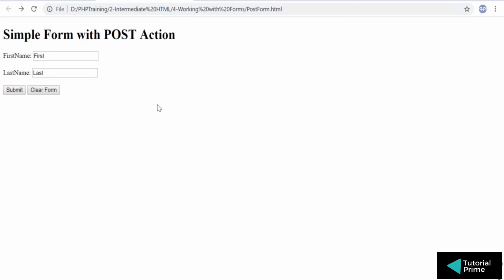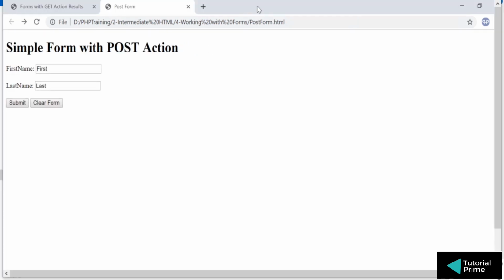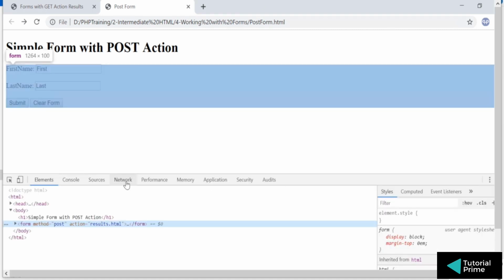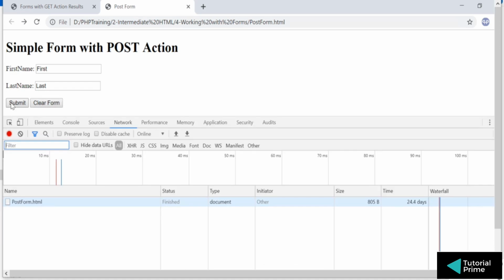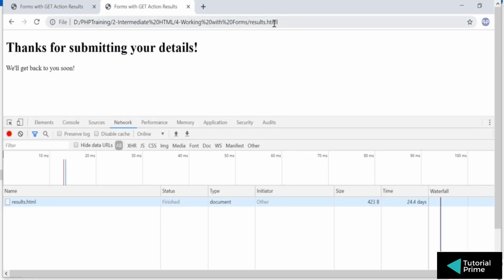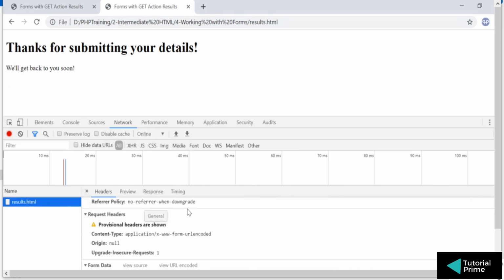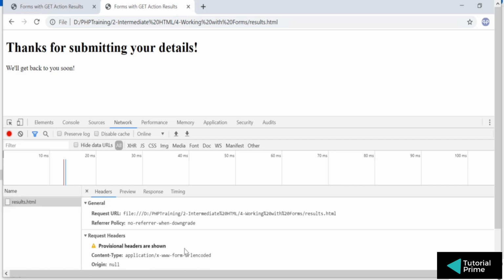let's go back to our post file, right? So for the post, you can watch this in the inspect mode. Okay, you go to network. So let's click submit. Once you submit, you will not be able to see the data, but if you go to the network tab and open this file, you're able to see it in the form data here. Let's open that up.